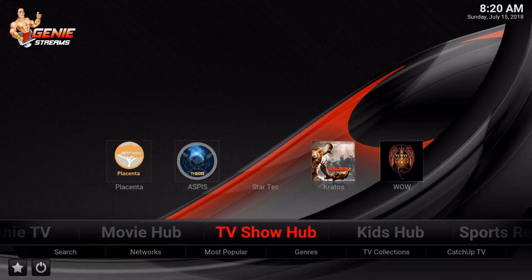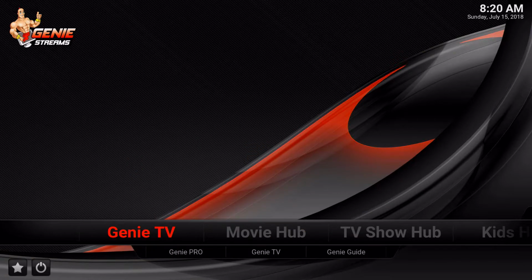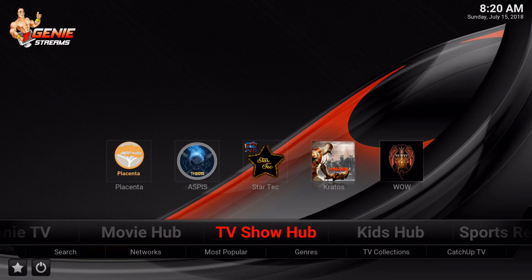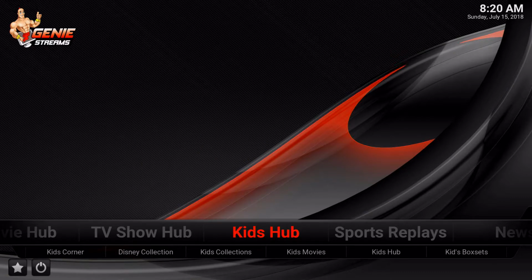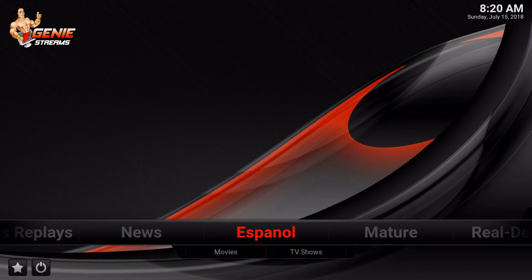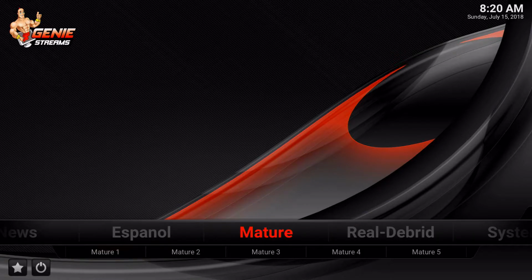And this is where you'll go for video on demand content, movies, TV shows, sports replays, things like that. Alright, so it'll open up just like this. Now if you have a Genie TV subscription, Genie TV is still in here right now. So if you currently have a Genie TV subscription and you continue your Genie TV subscription, you'll be able to access it here. Alright, you've got your movie hub, your TV show hub, your kids hub, sports replays, news, Spanish movies and TV shows, your mature section,